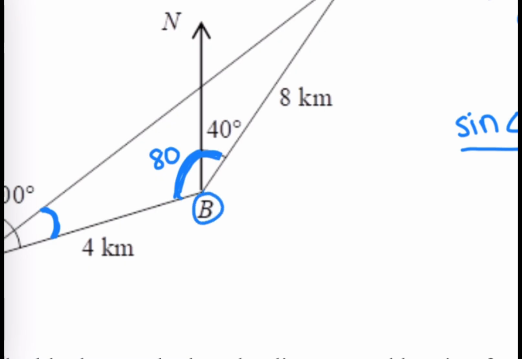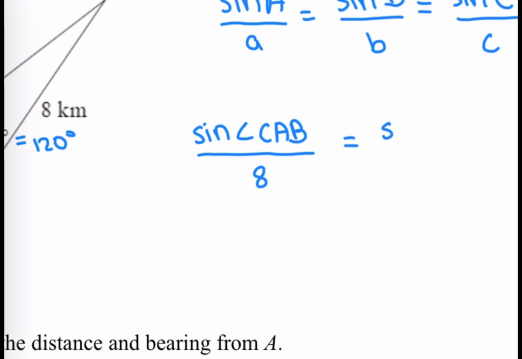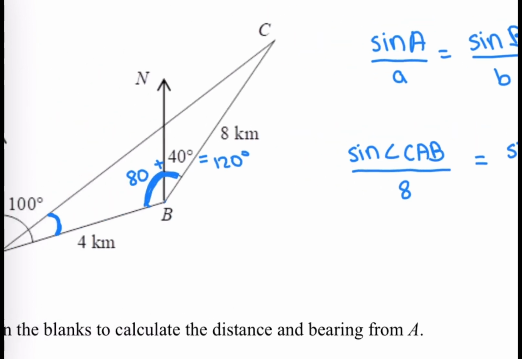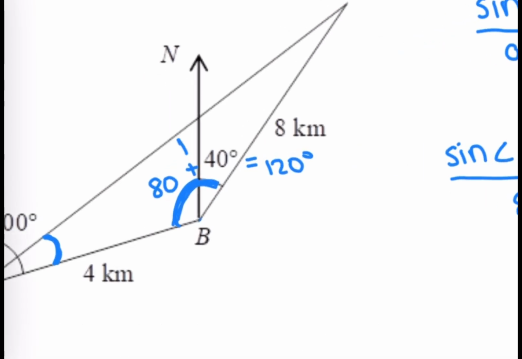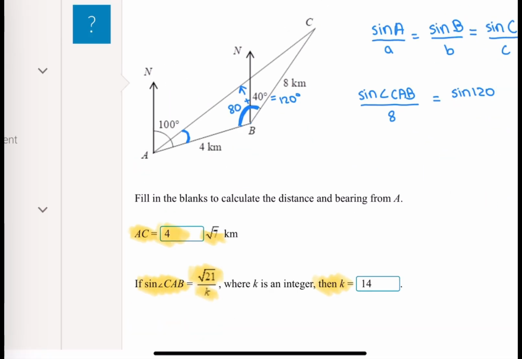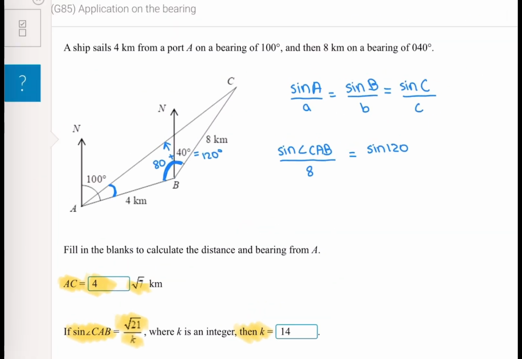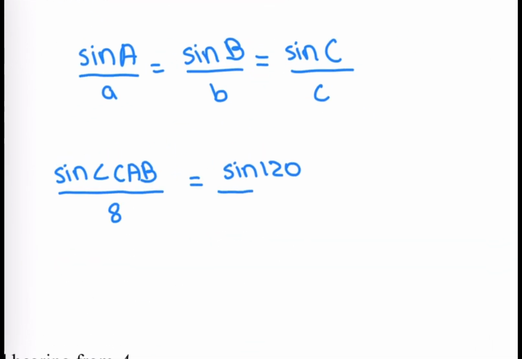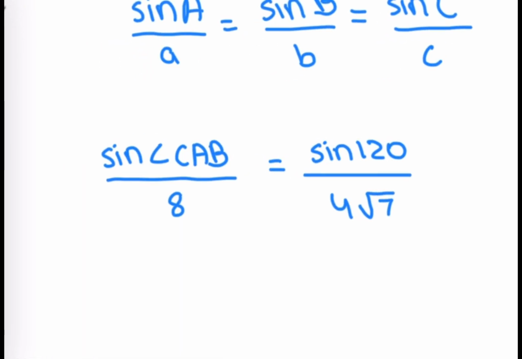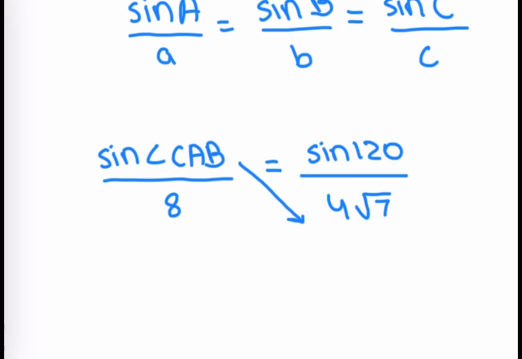B is this angle here, and we know that this is 80 plus 40, which is equal to 120 degrees. So sine 120 over b, which is the side opposite to that angle, which we got in the first part, AC equals 4 radical 7. We're going to do that over 4 radical 7. Okay, now that we have this, we can cross multiply,